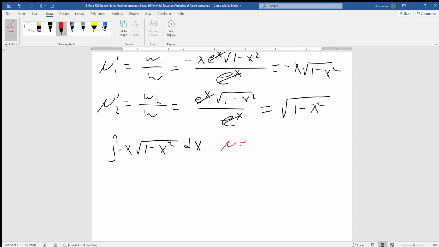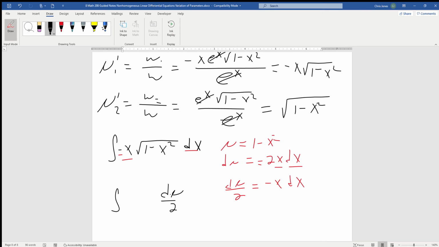So we're going to say u is equal to 1 minus x squared. du: derivative of 1 is 0, derivative of negative x squared, negative 2x dx. We like the x, we like the negative, and we like the dx. We just don't like the 2. So let's just divide by 2, and we're left with negative x dx. So when we substitute, we're going to get the integral of du over 2,